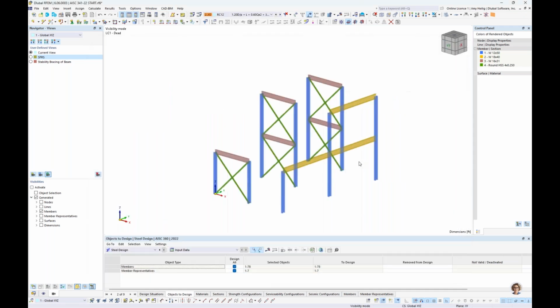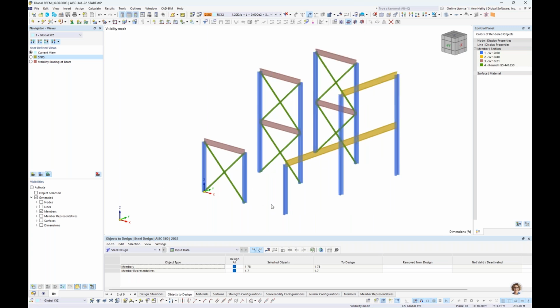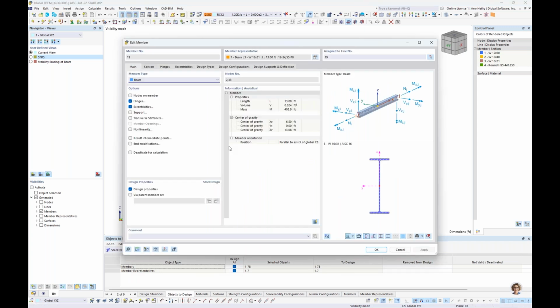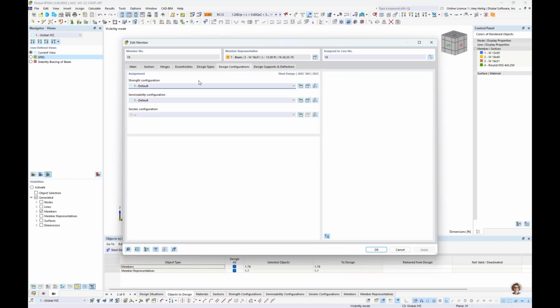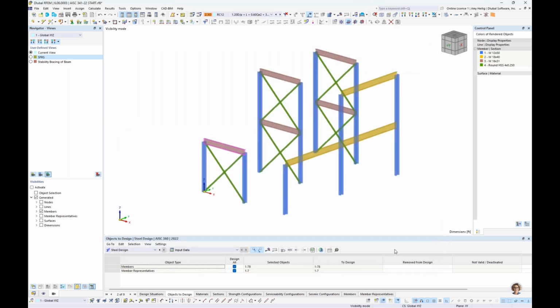Okay, so now that we have set up the result combinations, we're almost ready to run those additional design checks, but we need to input these seismic configurations for each member. So if you remember in the first part of the webinar, we talked about the design configurations tab here, and we just kind of skipped over seismic configurations for now. Well, we can certainly set this for each individual member, but it's maybe a little bit more